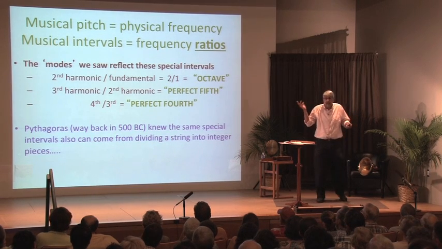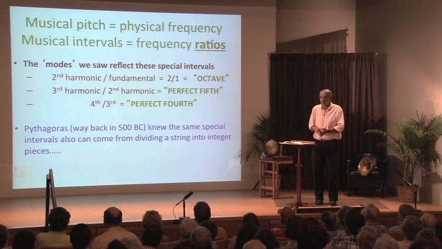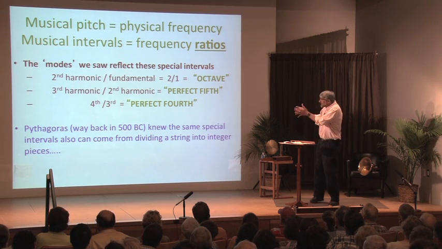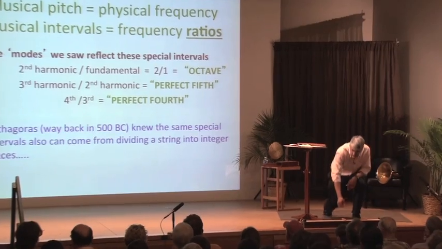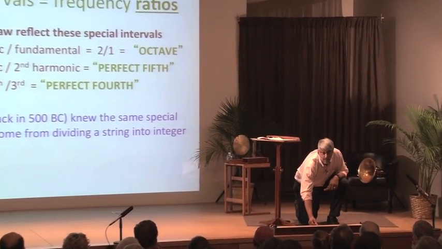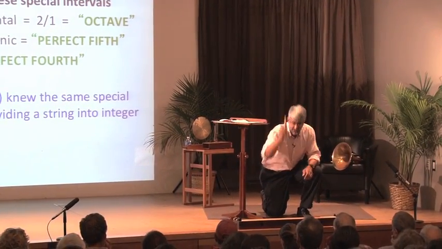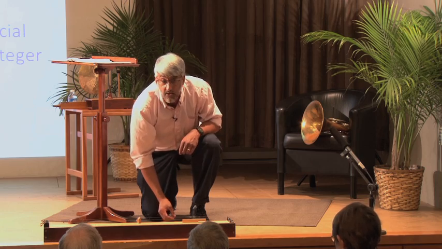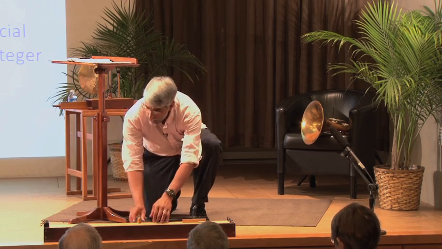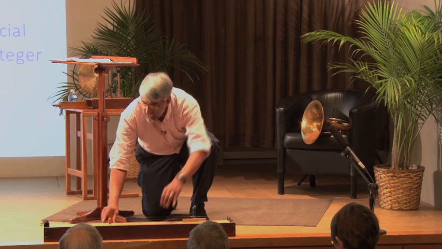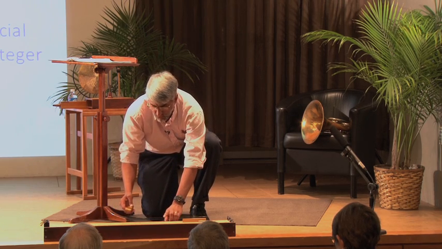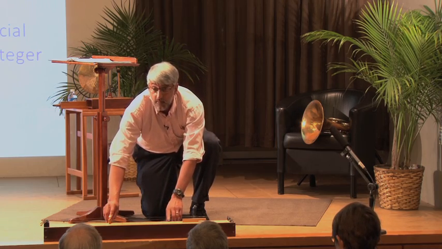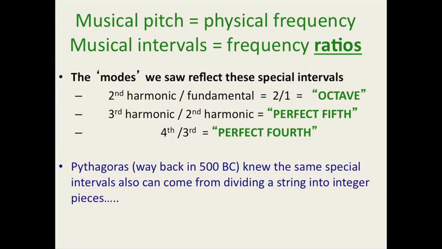So our friend Pythagoras, 2,500 years ago, knew all about this and was really obsessed with the idea of the connection between mathematics and music, and did experiments slightly different than what I've shown you here, but actually quite similar, where he would take a string and pluck it, and would listen to that tone, and then would take the string and divide it in exactly half, and listen again, and notice that there's that octave interval. And oh, if I divide it instead of into halves, into 2/3 and 1/3, then I hear the difference between and there's that perfect fifth. Okay, so that's been known about for a long time.